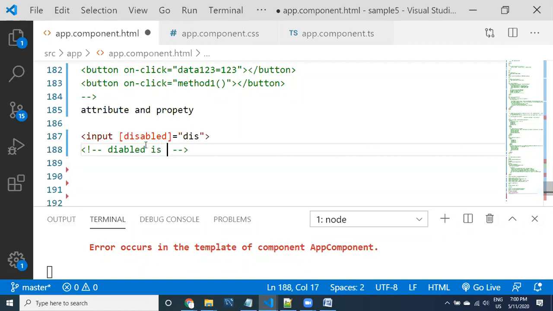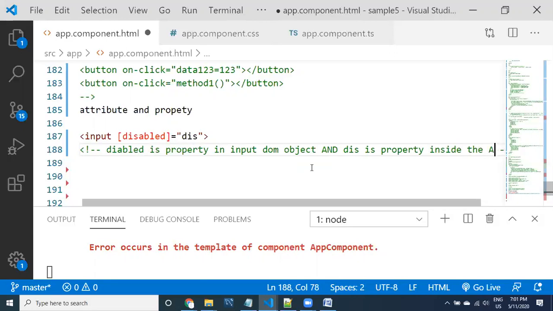Disabled is a property in the input DOM object, and you need to understand one more thing: this is a property inside the app component.